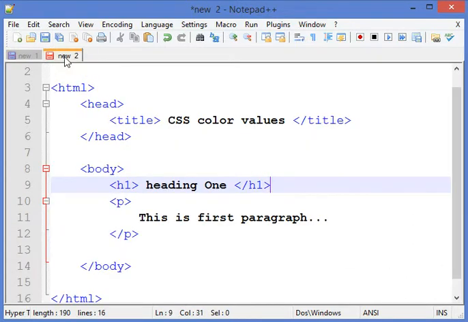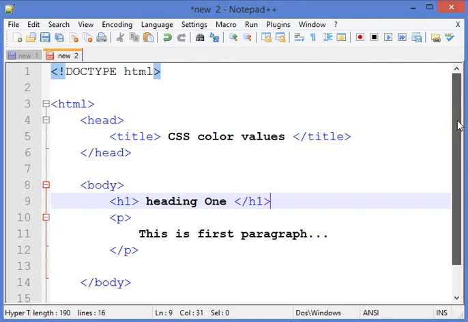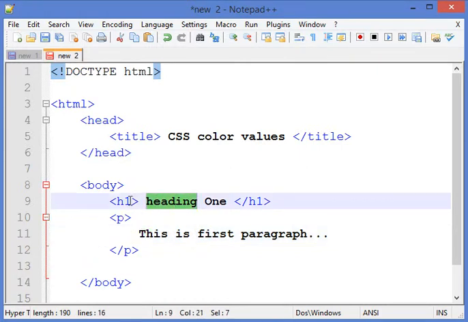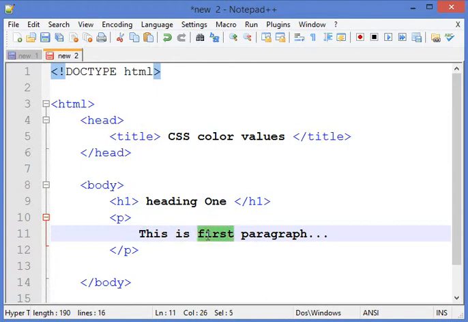Okay, so let's see how we can use these methods to set the value of a color one by one. Suppose again this is our HTML code structure where we want to apply color to the paragraph text and the heading text. So this page right now has 2 elements, heading h1 and the first paragraph. And the title is CSS color values.